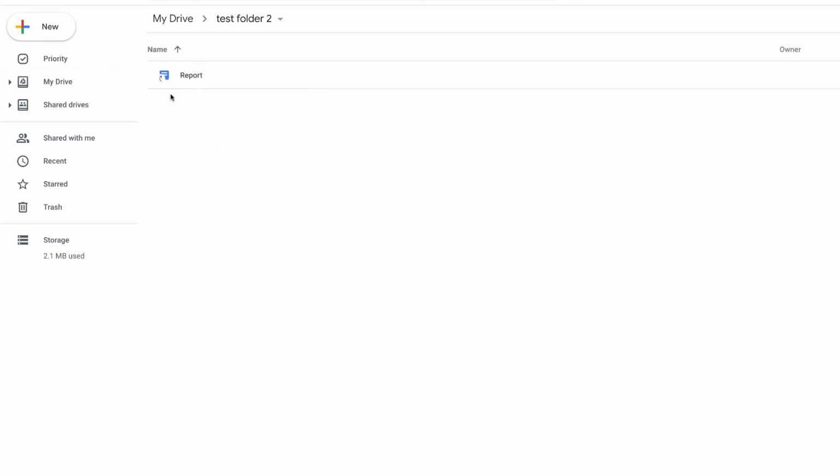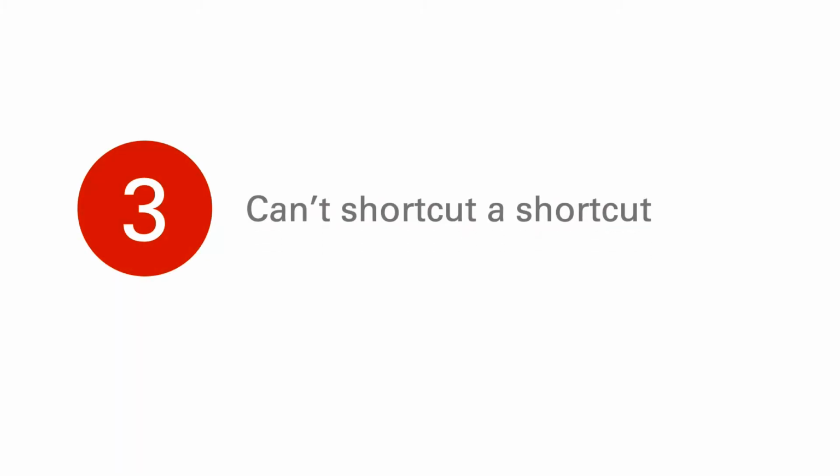Three things about shortcuts. First, shortcuts are not copies, so any changes to the original file will also be seen in the shortcut file and vice versa. Second, making a shortcut doesn't change the permissions of the original file. So adding a file shortcut to a shared folder won't automatically share the file with everyone who has access to the folder. People in the shared folder will be able to see the shortcut even if they can't open it. Keep this in mind if you're making a shortcut from one shared drive to a different shared drive. Third, you can't make a shortcut from a shortcut, only original files and folders.